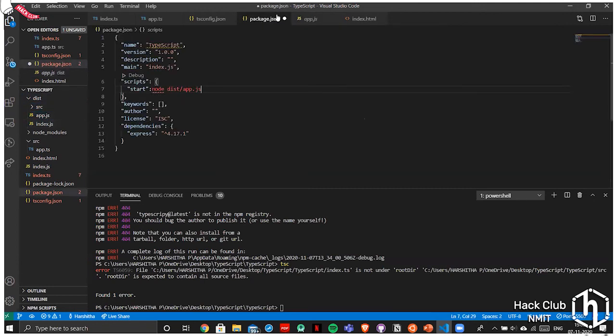Okay, this is a problem in TypeScript. Yeah, put this in brackets, don't forget. And then you get there again in brackets.